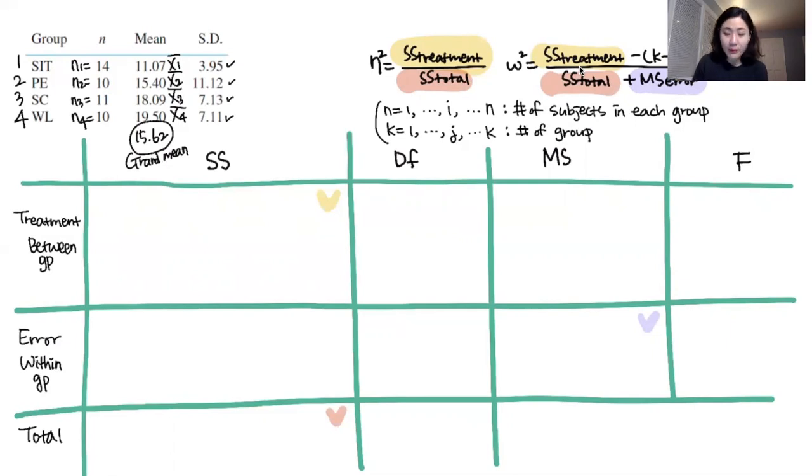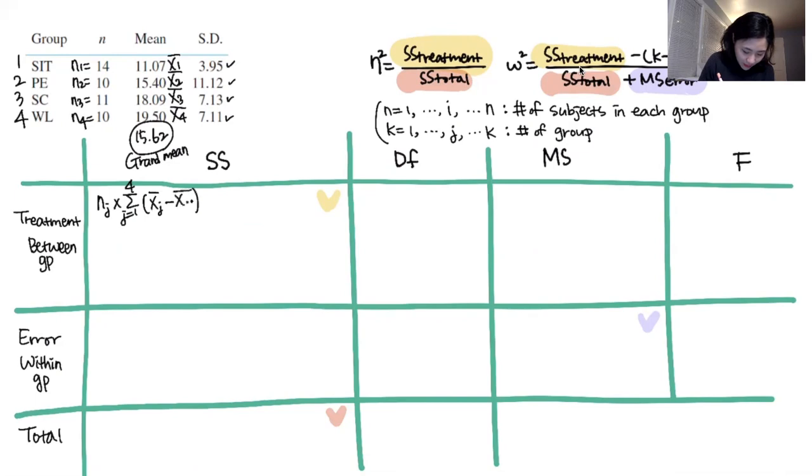My formulas for eta squared and omega squared are written here, so I only need to know the sum of squares treatment, mean square error, and sum of squares total. Let's start with the sum of squares treatment. The formula is the sum over the 4 groups of nj times the group mean